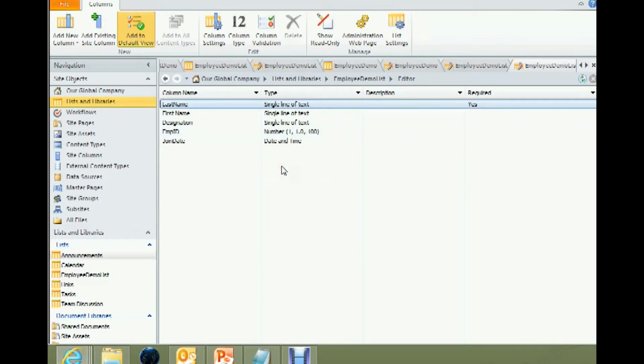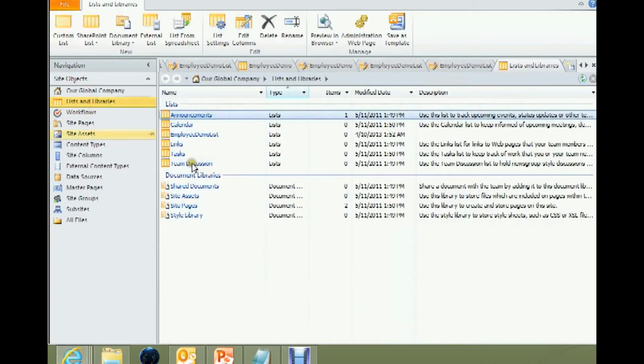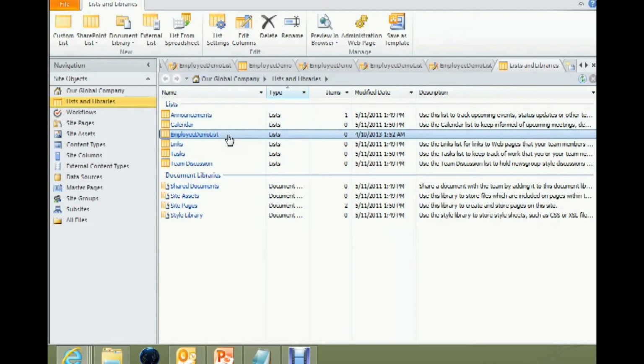Once I've done that, I've completed this list, and I will not forget to save my list. So go for Save list, and then go to Lists and Libraries.